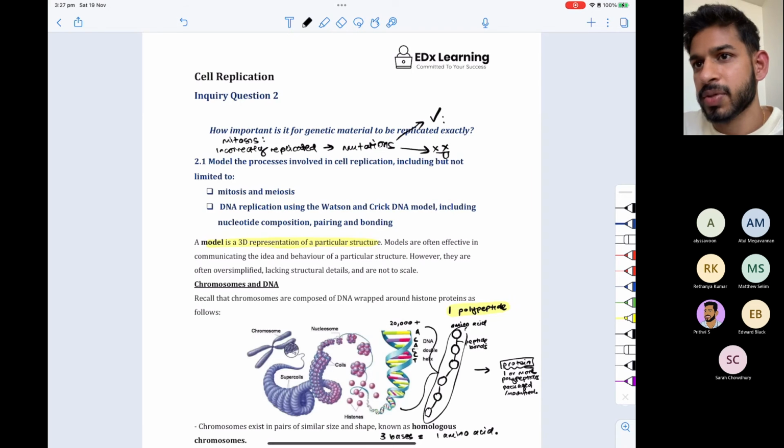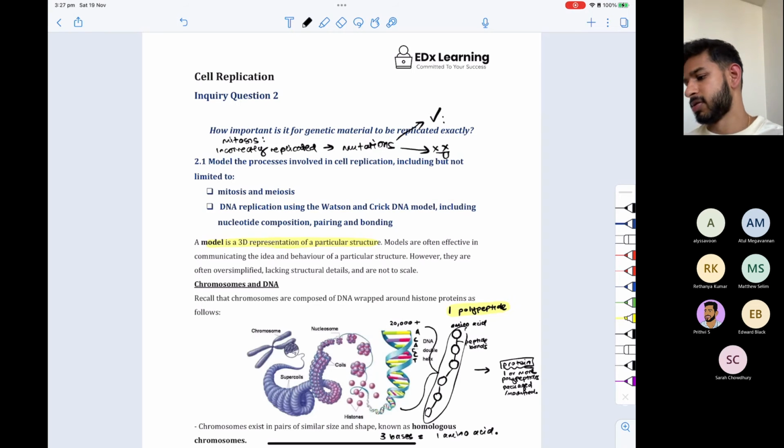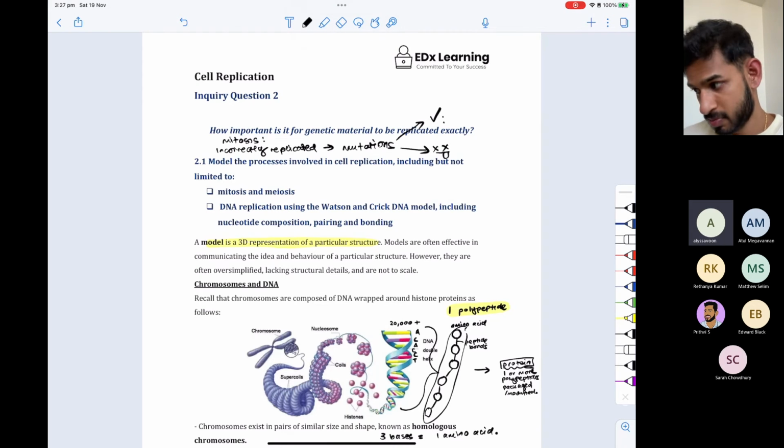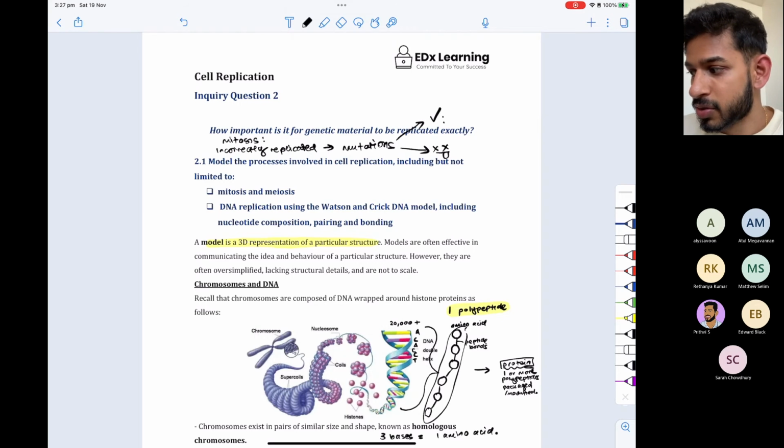When would a mutation be good? Alyssa, what do I mean by a good mutation? When it ends up being beneficial to the organism. Good, right? So it's good when it creates variation and is a favorable trait